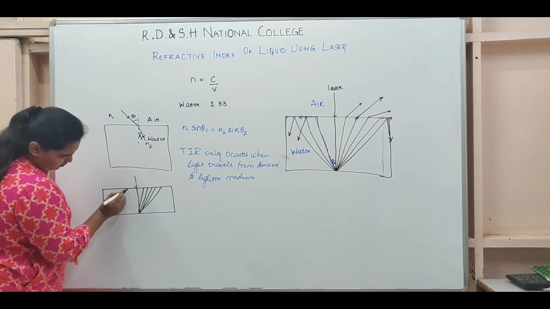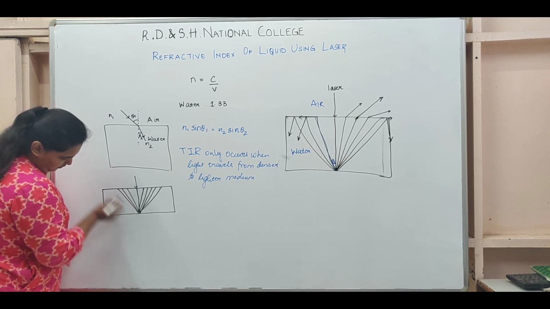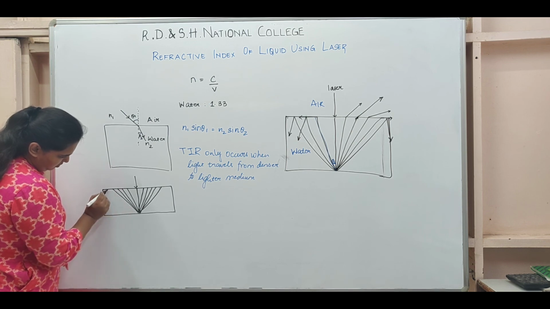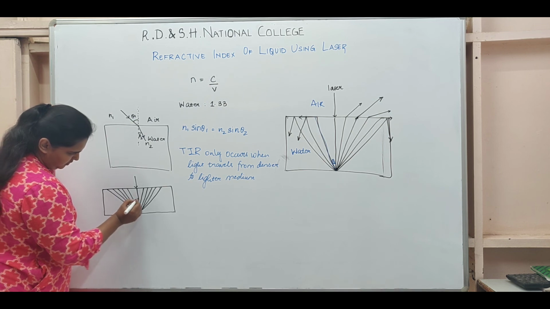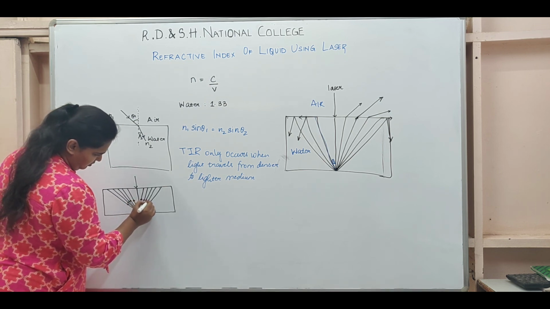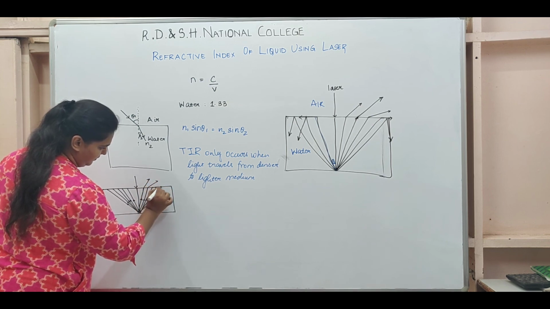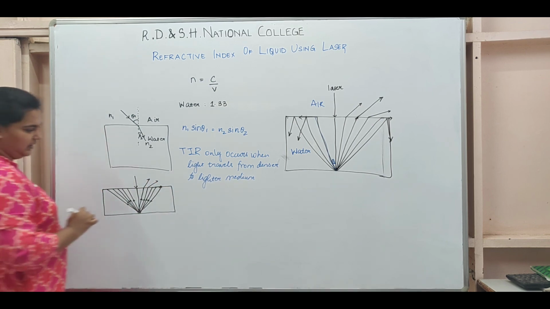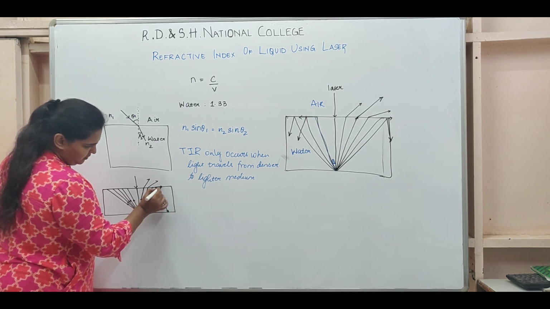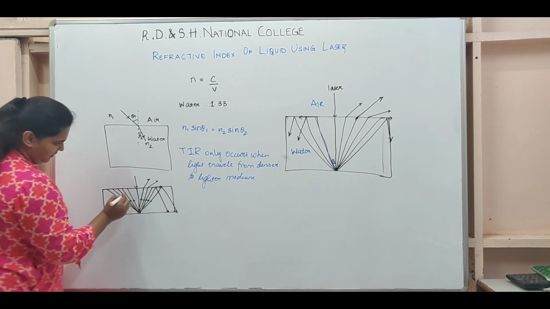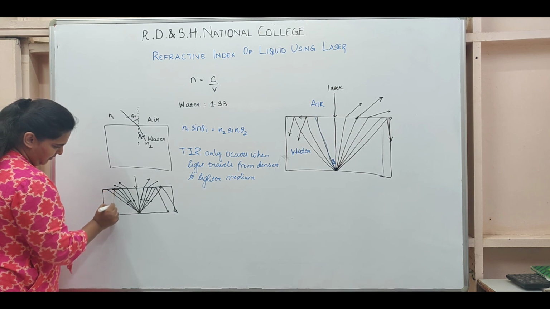Similarly on this side also, you have incident angles. I know I'm going in the opposite direction, but I'll just make the arrows. Now let's say this is refracted, this is refracted, this is 90 degree critical angle. After this, the ray falls back here. Similarly, this ray falls back here. Again here also, maybe this is here. This ray falls back.